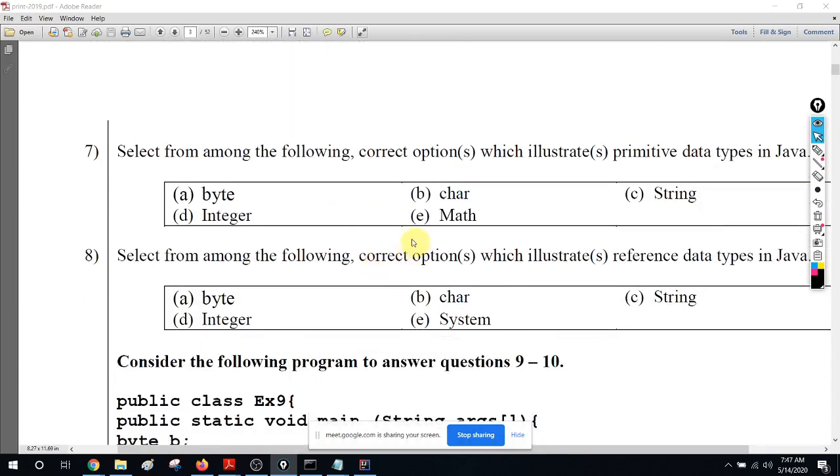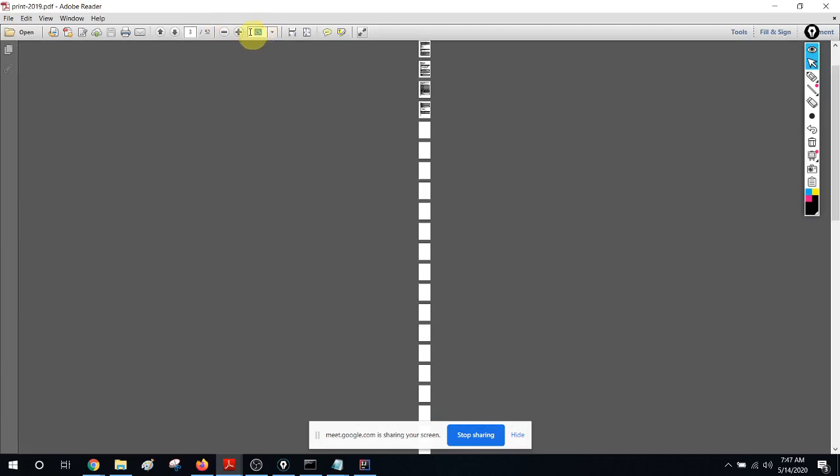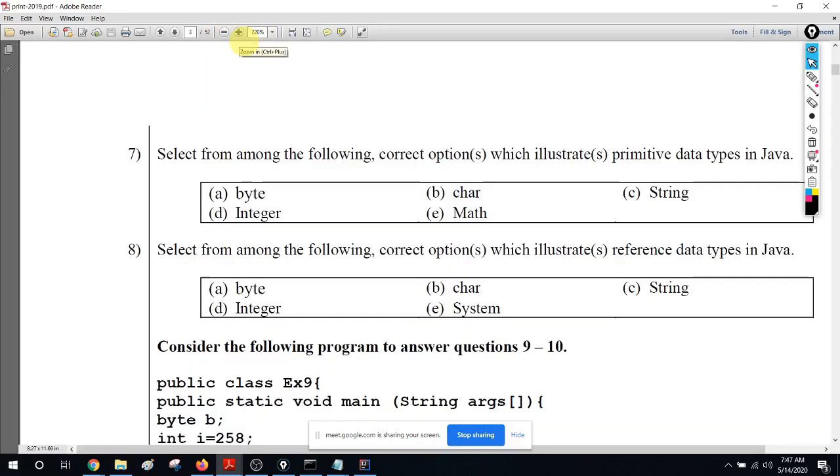7th question. Just make it a little bit smaller. Right. 7th question.